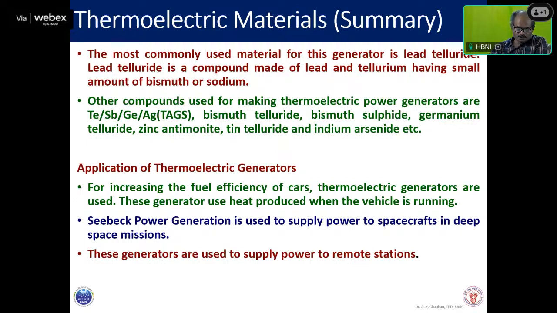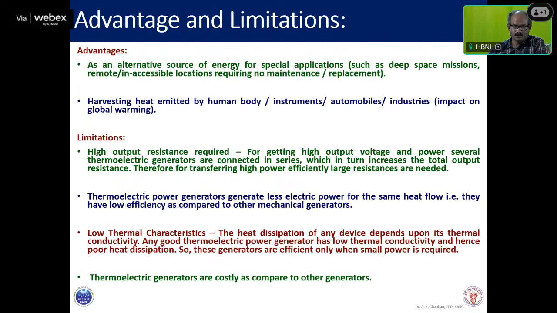Okay. So these generators are used to supply power to remote stations, like solar cells also, where we cannot lay the power lines. This kind of generator can be used. Thermoelectric generators can be used. So then some advantages and limitations of thermoelectric generators. Advantages are as an alternative source of energy for special applications such as deep space missions, remote, inaccessible locations requiring no maintenance and replacement,